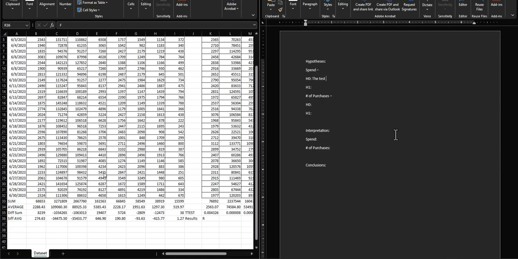The test campaign did not cost a significant amount more than the control campaign. And then for my alternative hypothesis, the test campaign cost was significantly different from the control campaign. All right, for purchases,